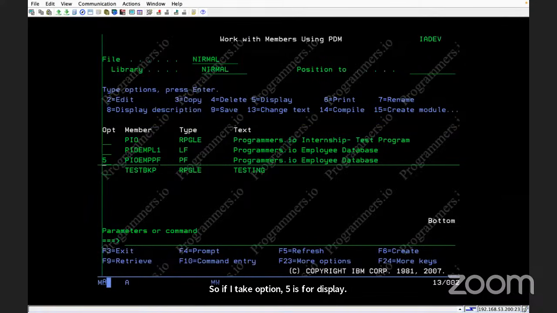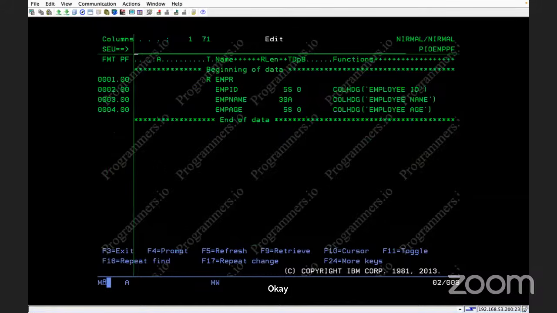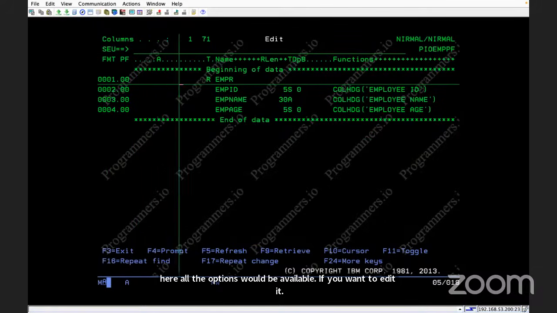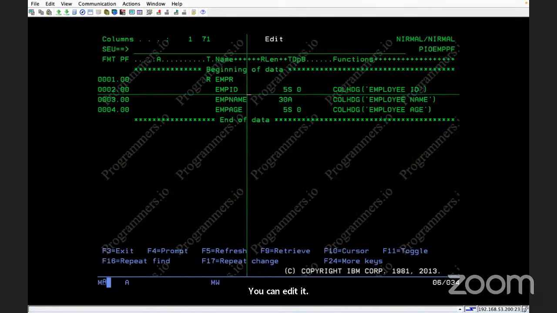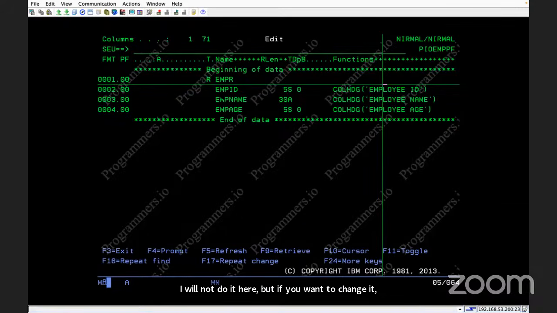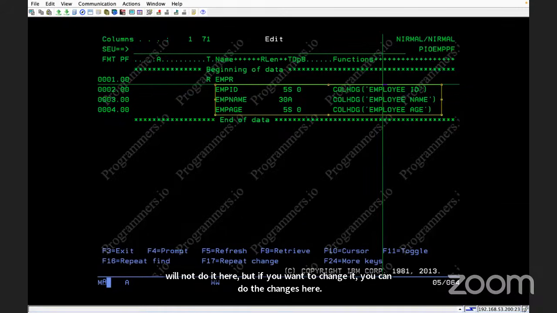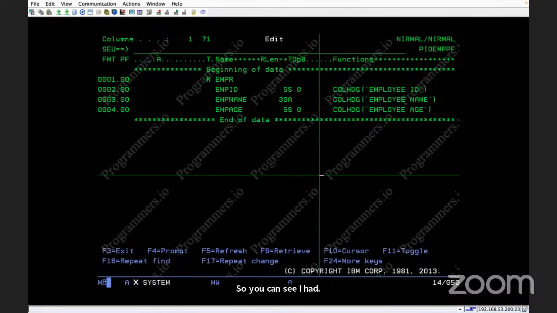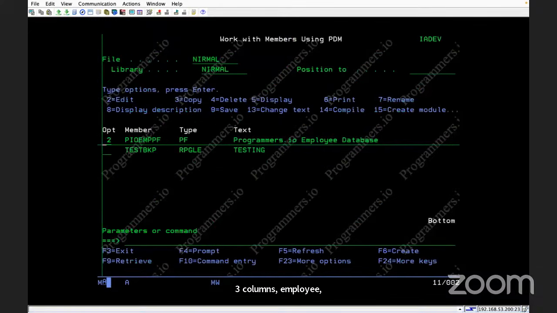If you want to edit it, you can edit it. If you want to do some changes, you can do it. For example, let's change a column heading. But if I compile it, then all my data would be lost, so I will not do it here. But if you want to change it, you can do the changes here. You can see I had 3 columns, employee ID, name, and age, and it was the same. But if I go to my logical file,